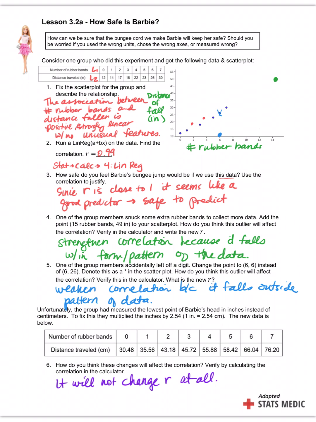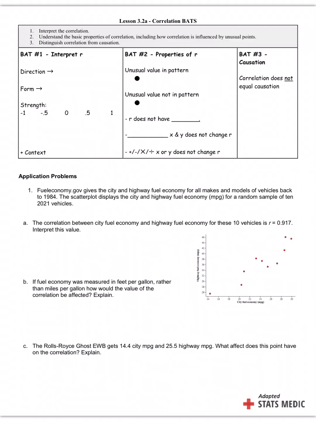Okay, let's summarize this stuff about R. Now, sometimes you're going to be asked to interpret R, just that value of R. Like, I'll give it to you or you'll calculate it. It says to interpret it. So you don't have to do DUFS or DOFS on that, but there are a few things that you do need to include. You need to include direction. It's either going to be positive or negative because it's either a positive or negative number, right? Form, get this, the form is always linear. R is a value that measures linearity, so it's always linear.